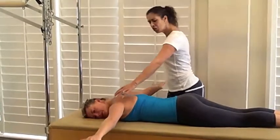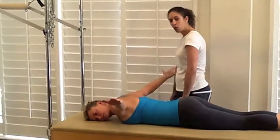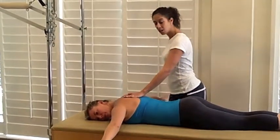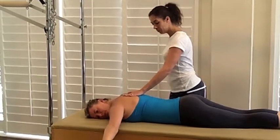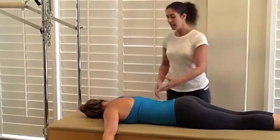of the neck. She's working the rear deltoids here, so these are excellent for posture, getting those rounded shoulders to open up and come back a little bit. We could do about 10 here, then we'll release all the way down. Turn the head to the other side so we can work on symmetry of the neck, and she'll start again,